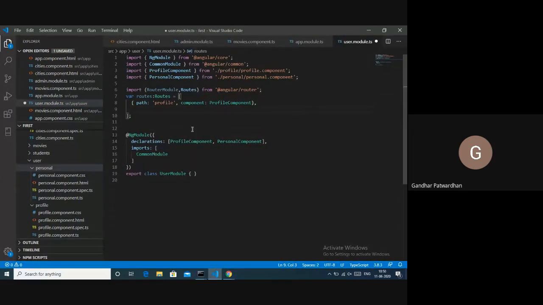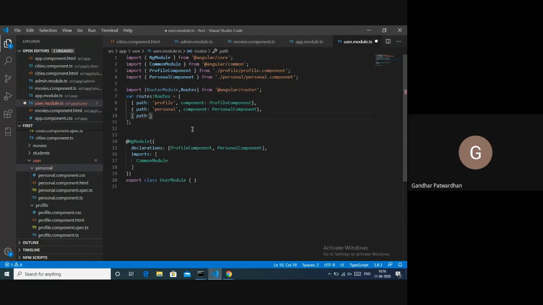Then I'll create another path. I would say personal, and I'll add the component PersonalComponent. Then I'll add another path for default. I'll give it a null or empty path.